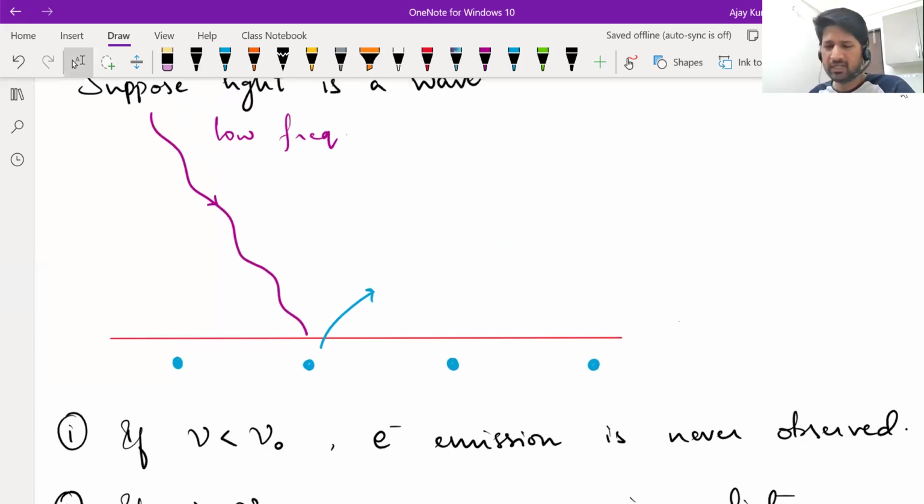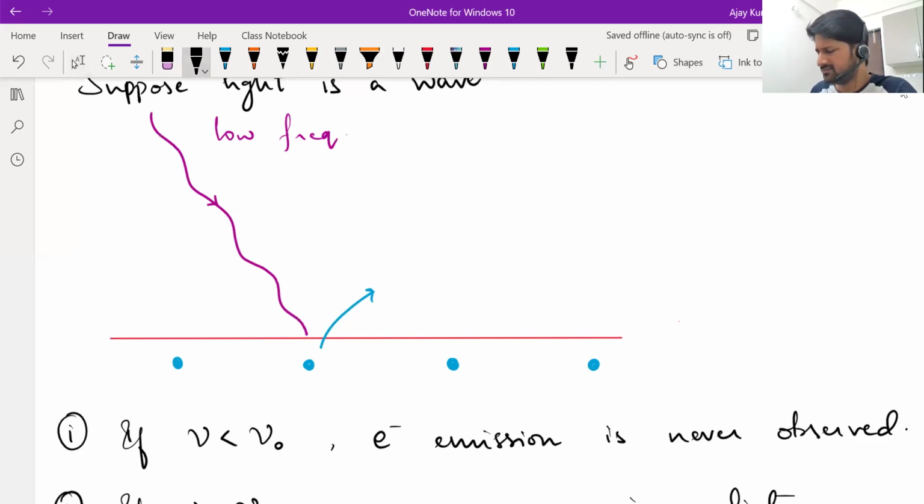Now, suppose the frequency is just above threshold frequency. Still, for the electron to attain the required amount of energy, it should take a little bit of time. Or as frequency is increased more and more above the threshold frequency, the electron should take different amounts of time to come out. Because if the frequency is just above threshold frequency, it's the bare minimum frequency that you are giving, meaning bare minimum energy per radiation. Then it should still take some time.